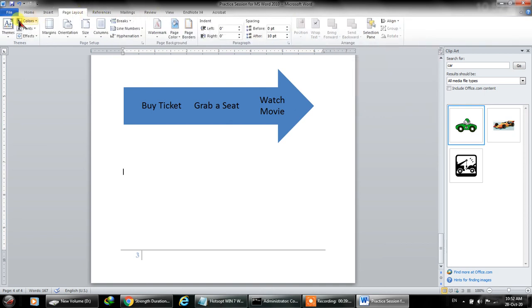In the page layout, the important things are page margin and orientation. Now there are two orientations of any page. Either it can be portrait or it can be landscape. Landscape is on the x-axis and the portrait is on the y-axis.